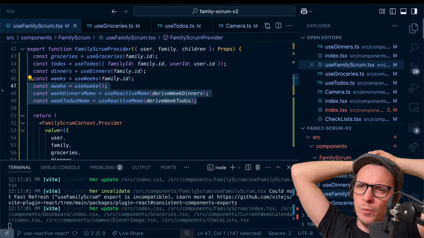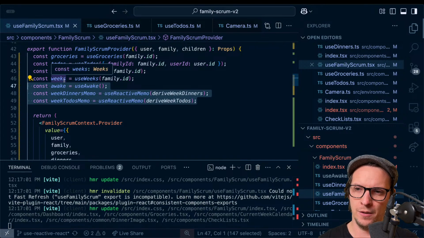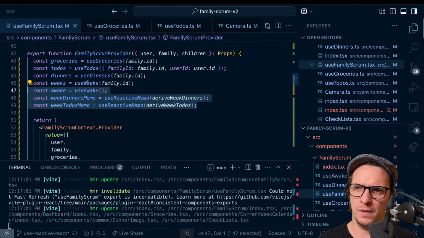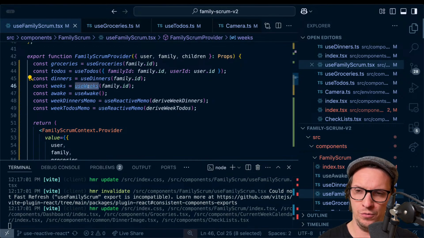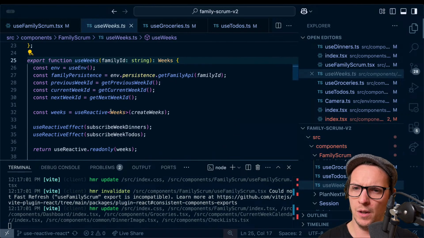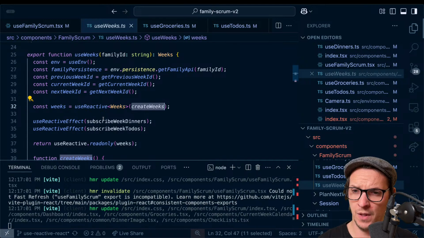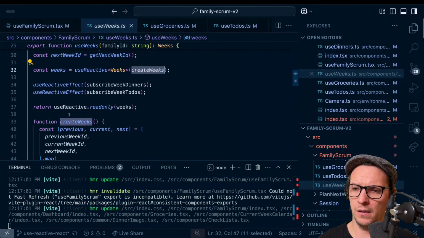But even here, it will be kind of weird, like week dinners. Well, I guess you wouldn't put it here, right? You would put it inside weeks. So to create weeks, you would have to pass dinners and to-dos, right? And then on here, you would have dinners and to-dos. And when building up this reactive thing, each week,